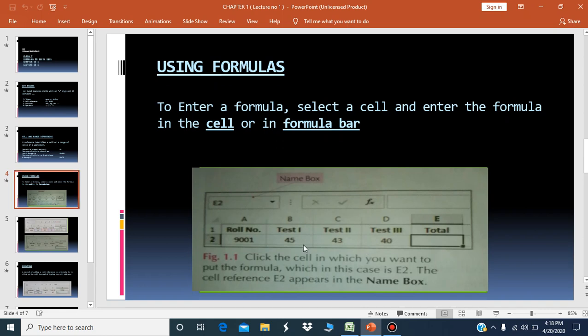You can see the marks of 3 tests are given of a specific roll number, that is 9001, and we have to find the sum of these tests. And remember one thing, first of all, we must start this formula with an equal sign.